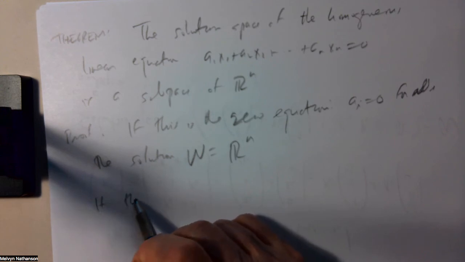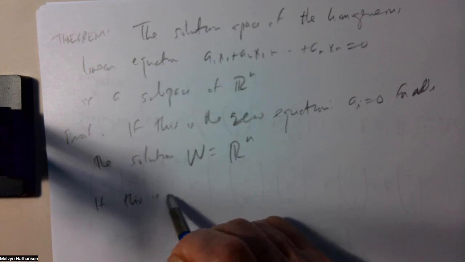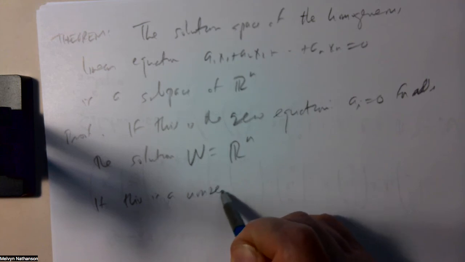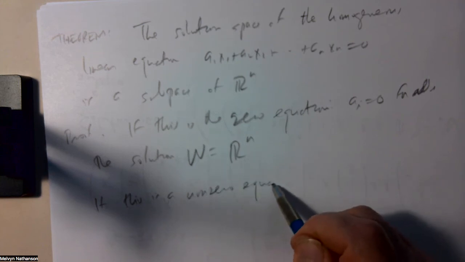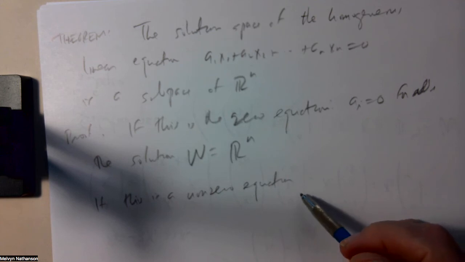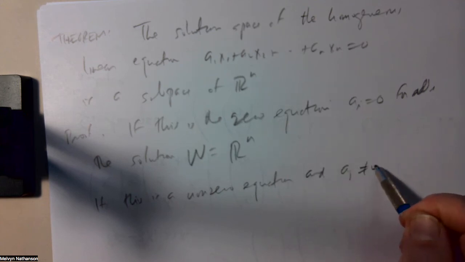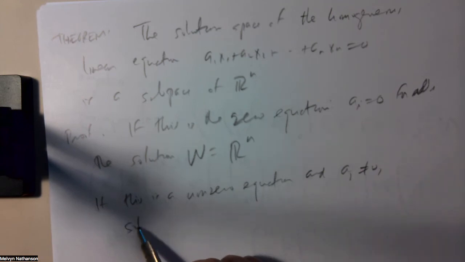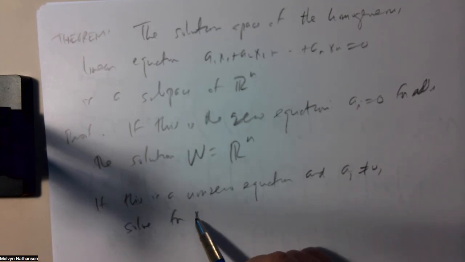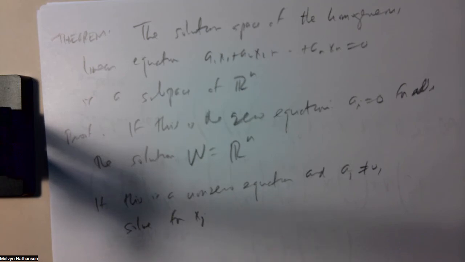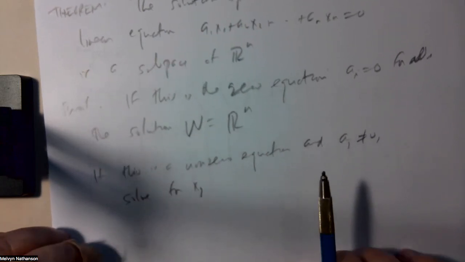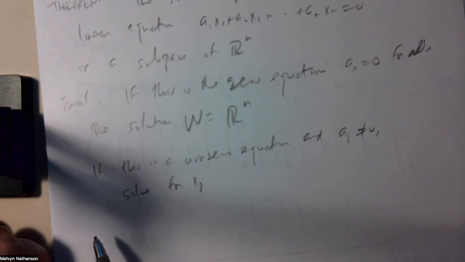And if this is a non-zero equation, and some coefficient aj is different from 0, you can solve for xj. It's also easy to check that